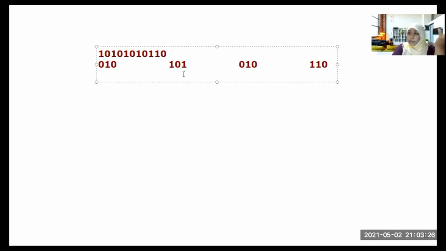Now say you can't remember the chart. Then how can you get the answer? It is like this. Write down the powers of 2. There are 3 numbers here, so 2 to the power 0 is 1, 2 to the power 1 is 2, 2 to the power 2 is 4. Again, 2 to the power 0 is 1, 2 to the power 1 is 2, 2 to the power 2 is 4.